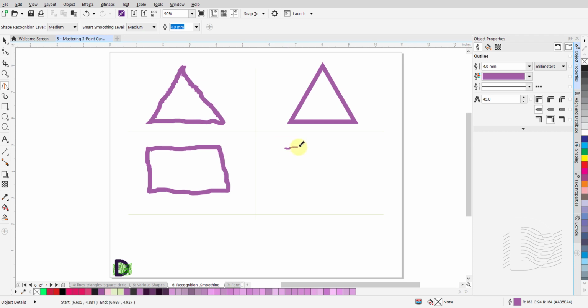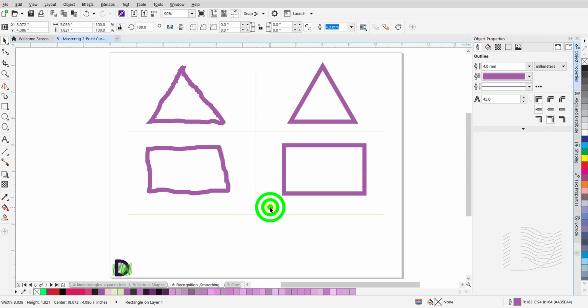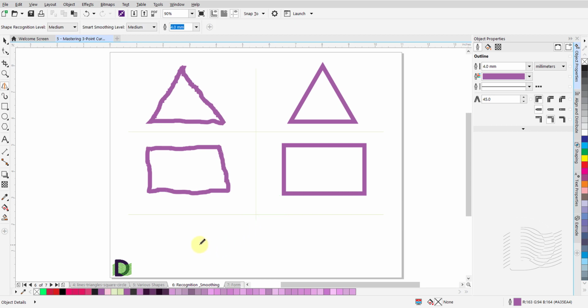Let us now redraw a rectangle along the same paths as the one previously drawn. After the shape recognition and the smoothing levels are executed by the Smart Drawing tool, you will see a perfectly shaped rectangle with smooth straight lines.